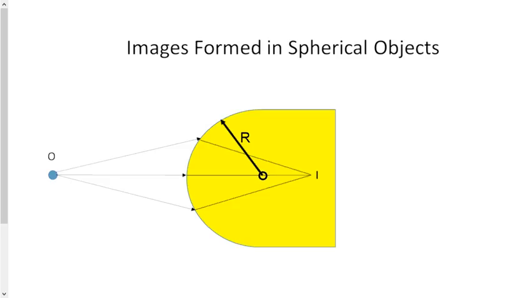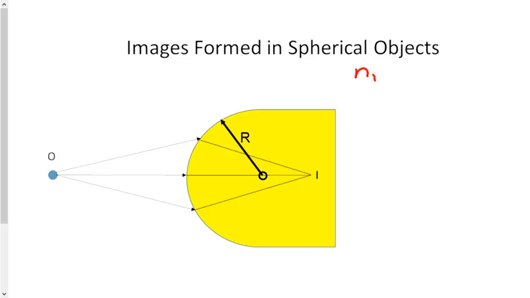It is possible for a spherical object, maybe like a fish bowl filled with water or a spherical bowl filled with water or something like that, to produce images. And we're going to look at the equation that goes along with that. So the equation